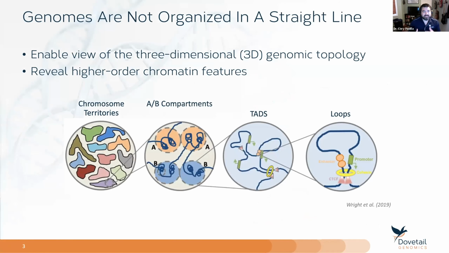But we know that's not really the case. Genomes are not organized in a straight line. And over the past 20 years, a lot of really great research has been done to untangle this hierarchical structure of genomic folding. So in the human genome, there's about 3 meters of DNA in each cell, and all of that has to be compacted into a nucleus. And in order to do that, there's a series of folding events that occur. I often think of this as the structural engineering of your genome and how it's all packaged into